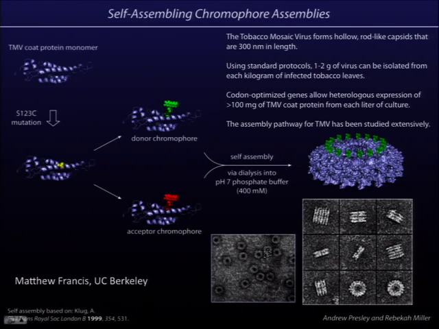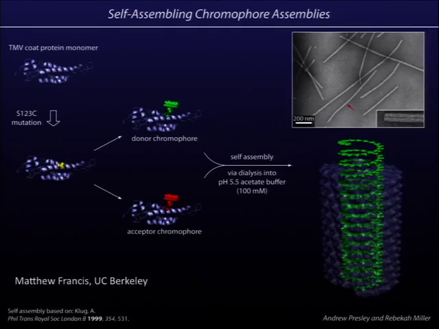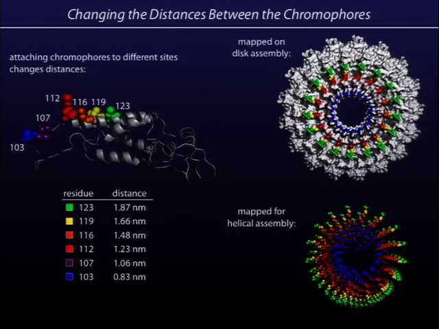The person doing the synthetic chemistry is Matt Francis at UC Berkeley. He's a professor in the chemistry department. He has worked with these TMV systems for a long time. He's really an expert in designing the structure and also assembling it. What he can do is mutate different components and attach chromophores at different sites to achieve variable separation distance between chromophores. So what does this mean? If he attaches it at site 103, they're separated by only about 0.8 nanometers. And if you make a disk out of them, they'll lie right in the middle here. But if he attaches them at site 123, the green site, I guess the colors don't come out so well here,